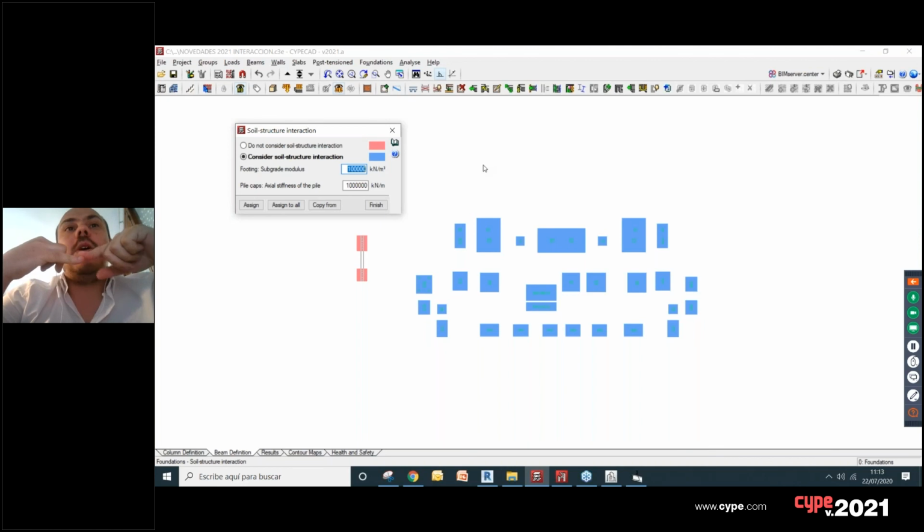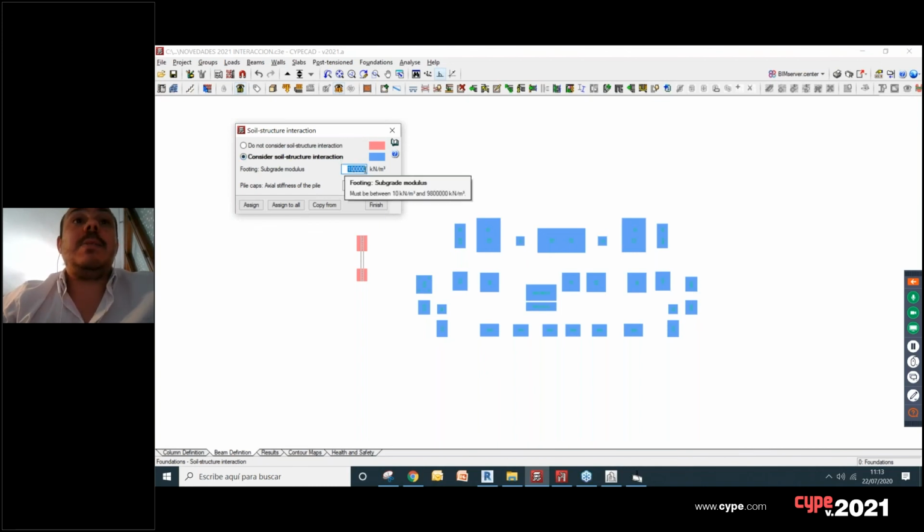the footings, okay. So maybe we will have to first create a first calculus with a generic number here, a number that could be the size of one of these footings. Generate the first calculus, then see what these results are for the size of the footings, and then adjust the numbers to each footing, adding a specific number that is according to the size of the foundation and the characteristics